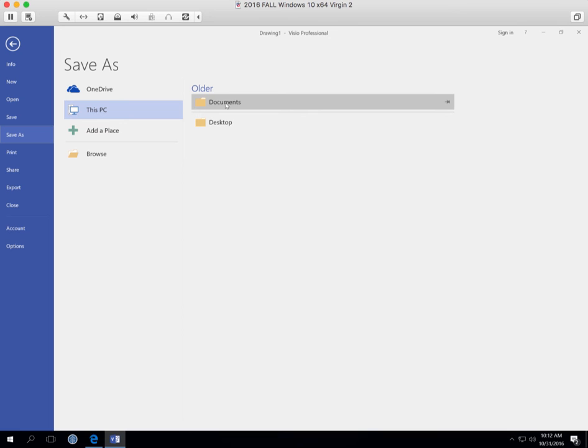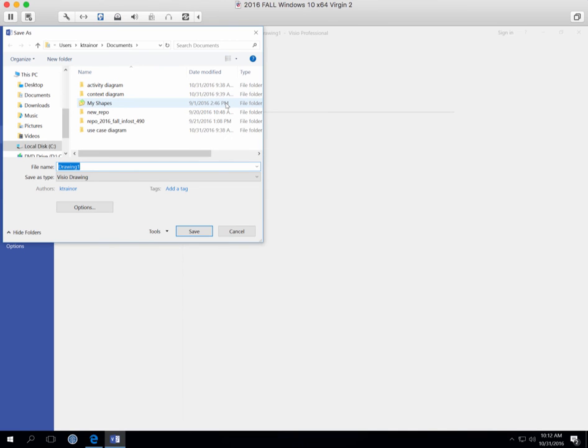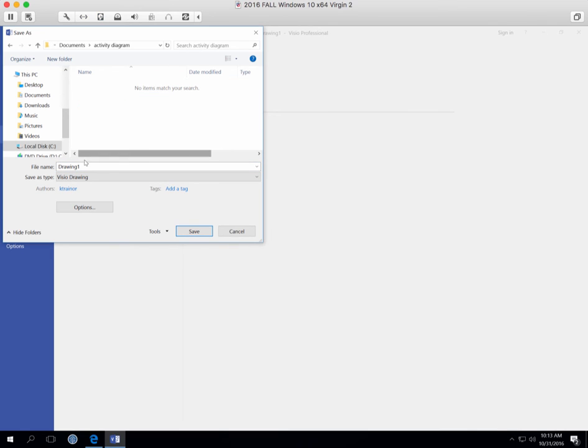Okay. And here I'm just going to put it in my documents. And I have something for activity diagram. And right now I have to save the Visio drawing. Okay. So I'm going to call this the way I normally